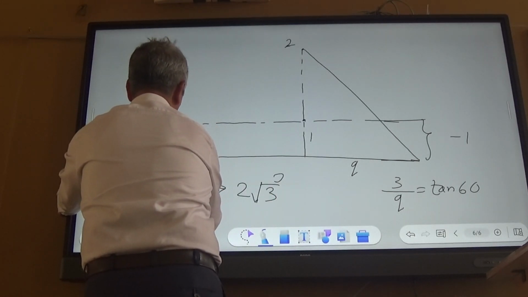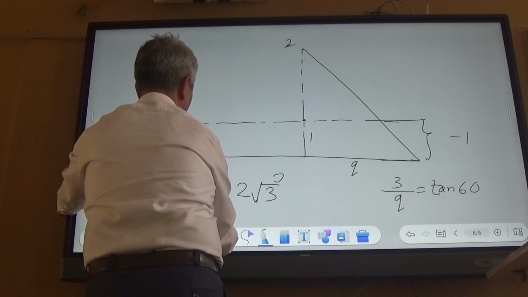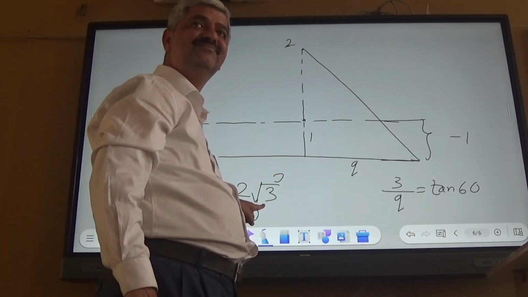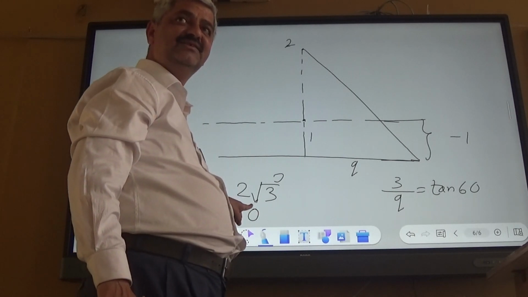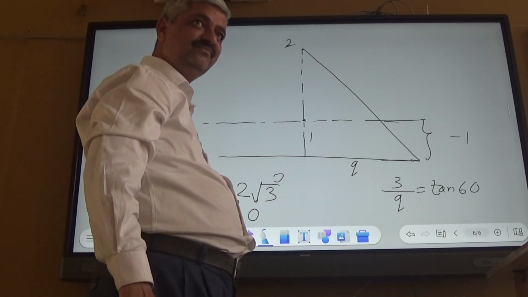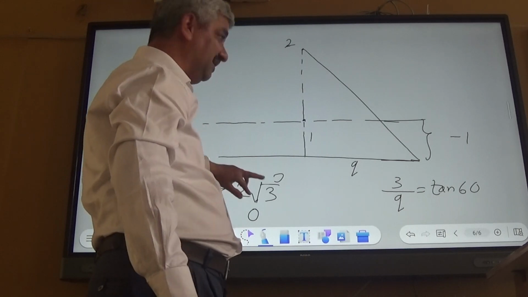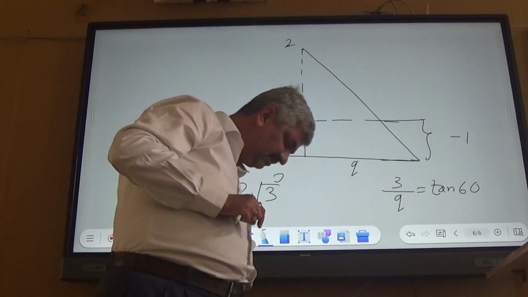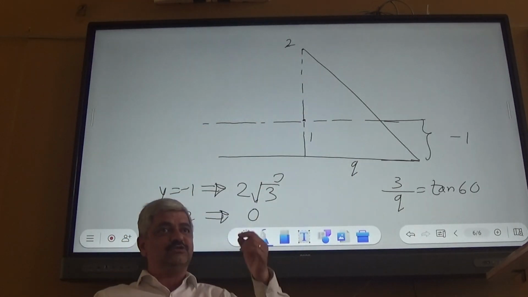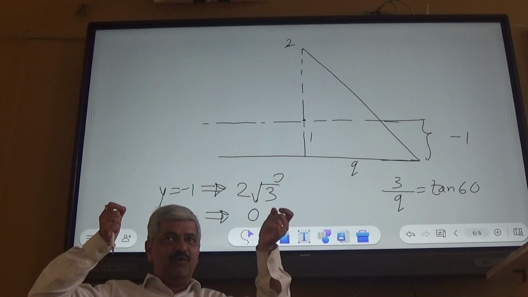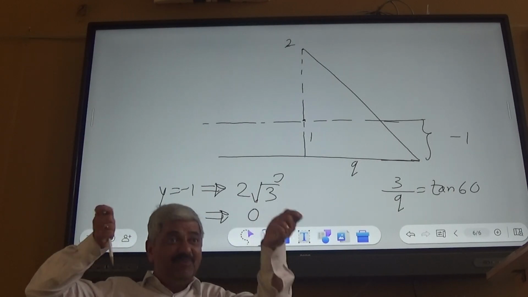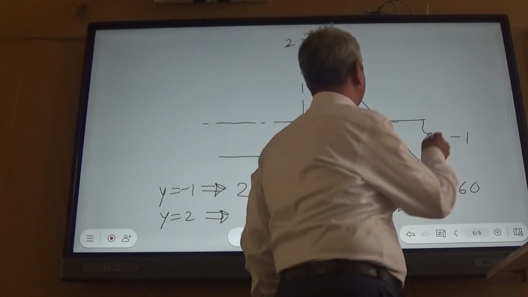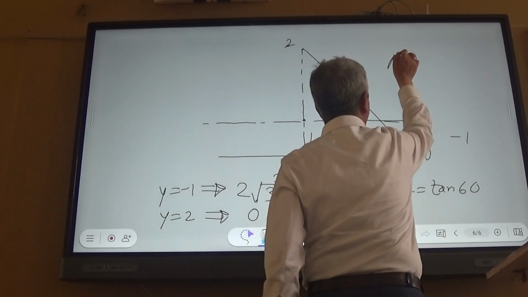And when y equal to 2, length is 0. Length is 0. So you have to fit in, and then because of strip of variable length, what would be delta E